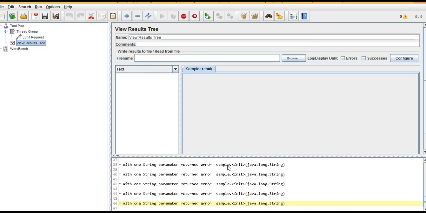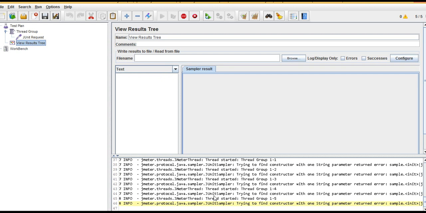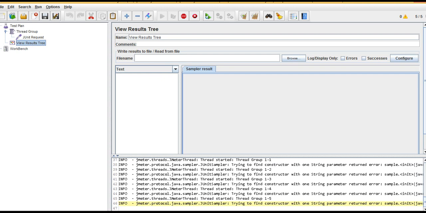Fine. So I guess it's trying to launch the URL. Let's see. It's still running, the script has not yet failed, but in the debug you are getting some information here. Don't worry, that's related to JMeter, some constructor.